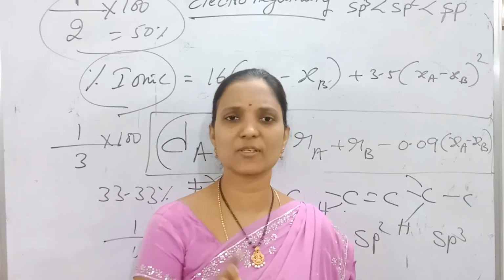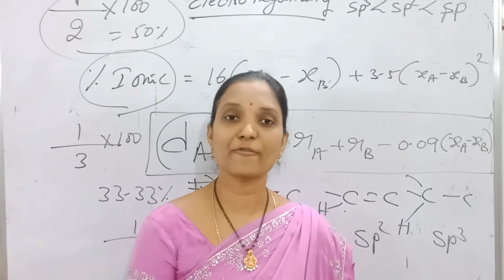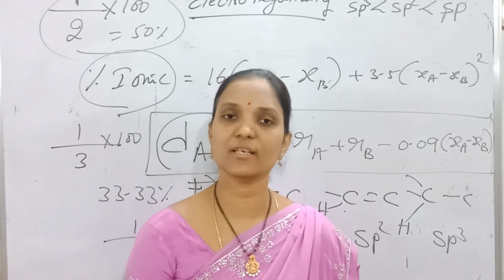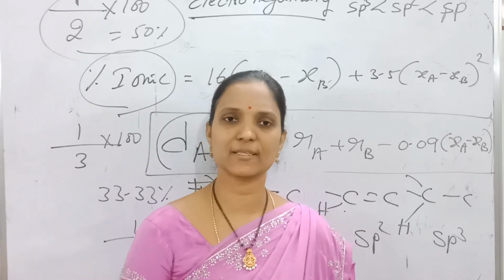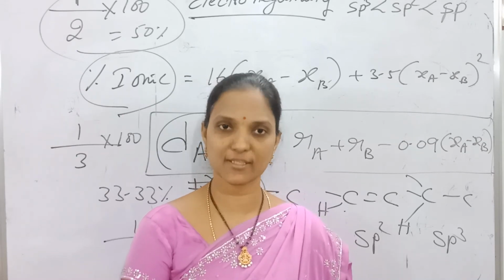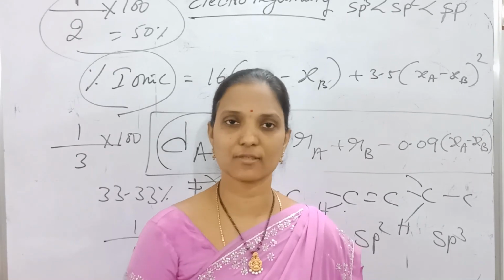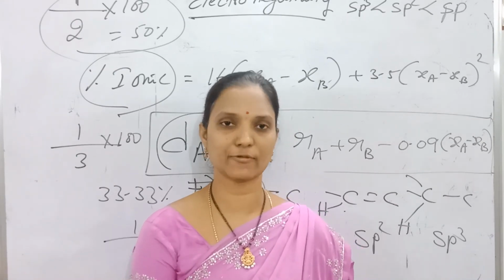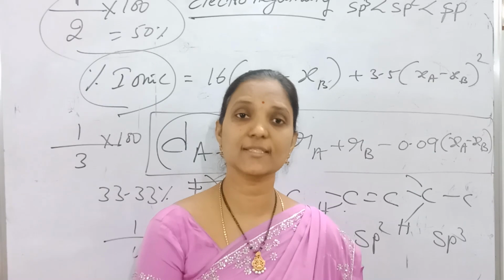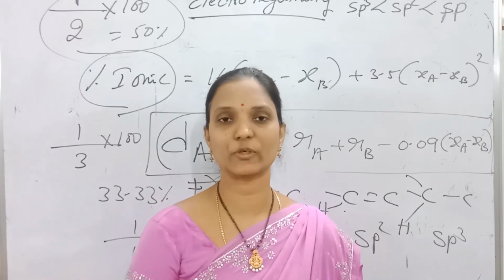But in the middle there are some oxides. Metalloid oxides and some metal oxides are also amphoteric in nature. Amphoteric means it shows both acidic nature and basic nature. The best example is aluminum oxide, which is amphoteric in nature. Like that, zinc oxide is also amphoteric, and metalloid oxides are also amphoteric in nature. Anyhow, from left to right, basic nature decreases and acidic nature increases. Okay, so this is about periodic properties.